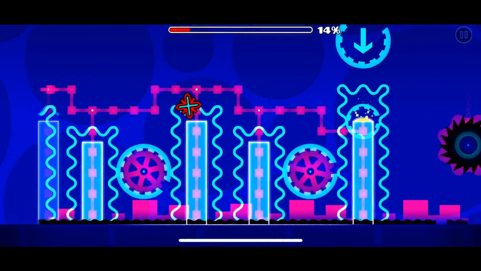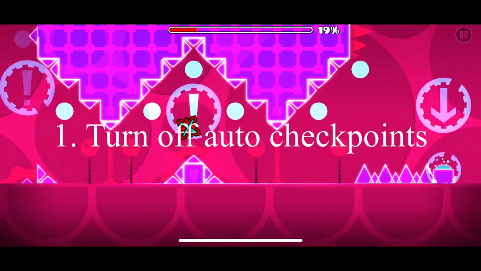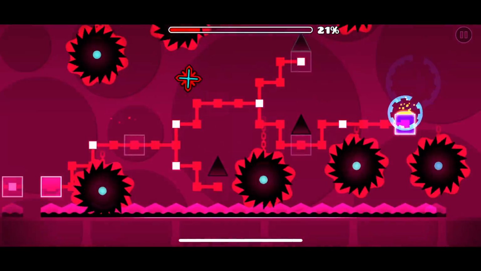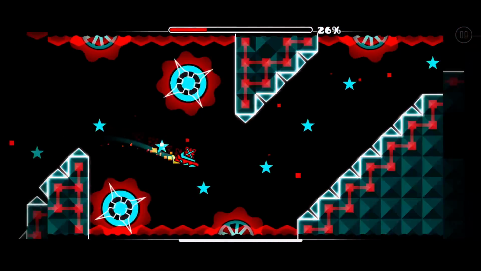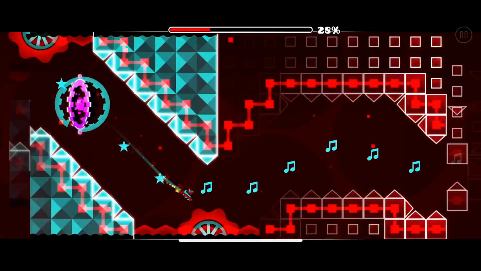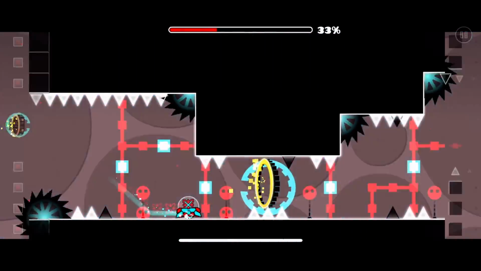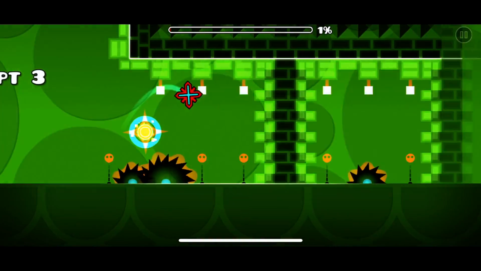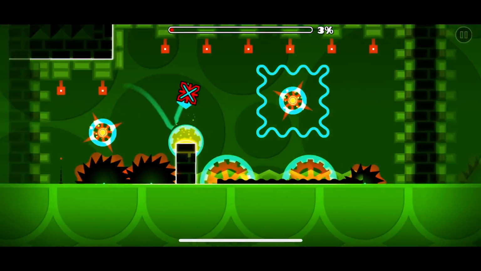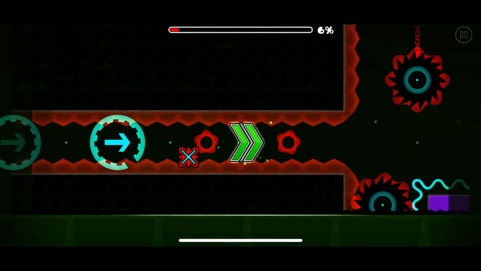So the first tip is to turn auto checkpoints off. For example, if you're going through practice mode on a level and you get to a hard part, like a tight ship part, and you're like, oh my god, that's a tight space, and then you just die and you have auto checkpoints on, you'll just pass through it eventually. And what's the point in that? You just pass through it even though it's hard and you don't get any practice in it and you never